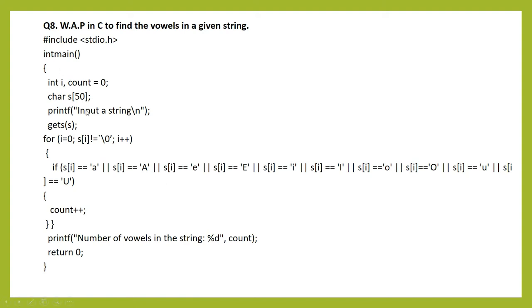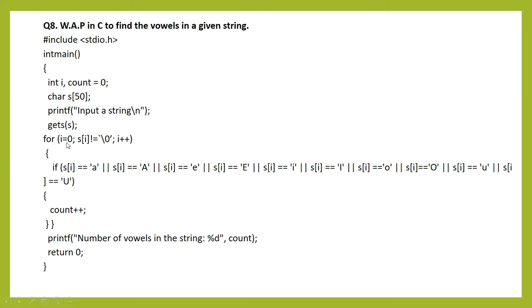Then you are accepting the value by inputting a string, and gets is one type of function with which we are able to accept string type values. That's why we are using gets(s), where s is your string array variable name. After accepting, suppose you are accepting Rourkela. So here s is initialized with Rourkela. Now inside Rourkela, how many vowels are there should be calculated by using this for loop.